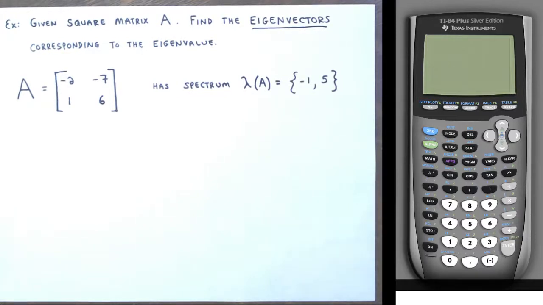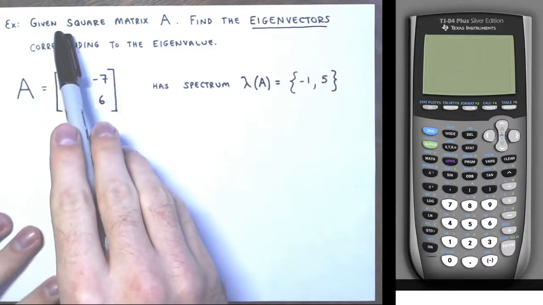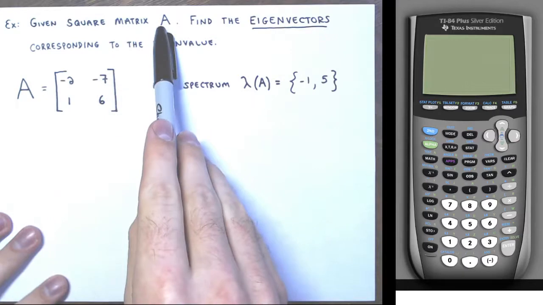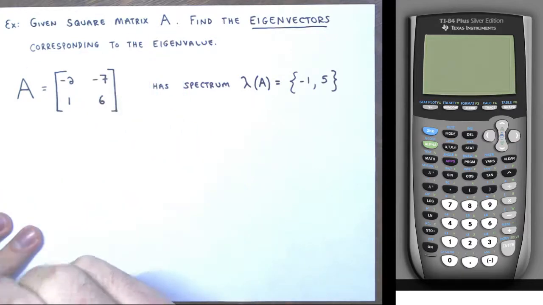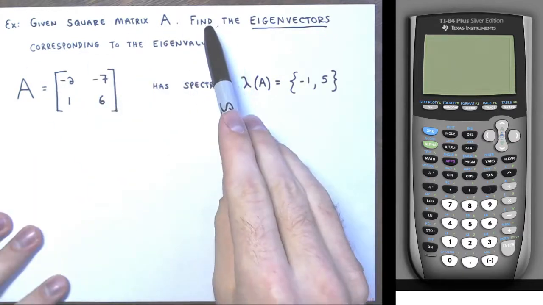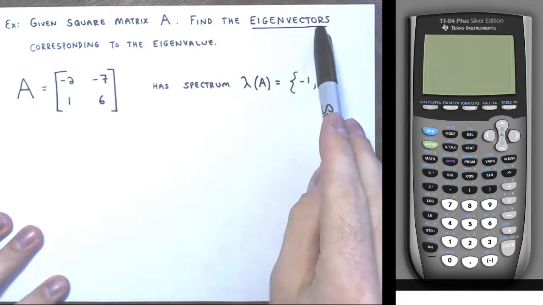So you can verify these if you wish, and in fact the first 2 or 3 examples I have are some of the same matrices I worked with in the last video where I had to find the spectrum. So if you'd like to go back and watch that, you can. But here we're given some square matrix A, and what I'm asked to do is find the eigenvectors corresponding